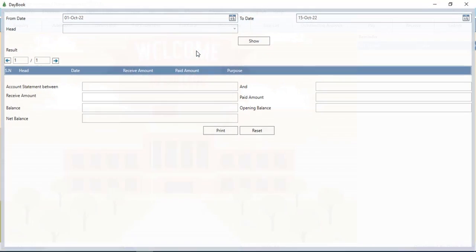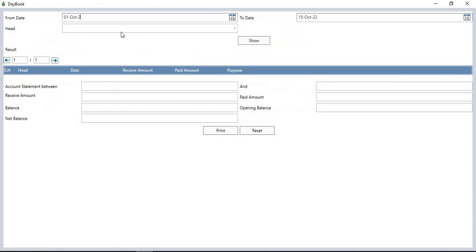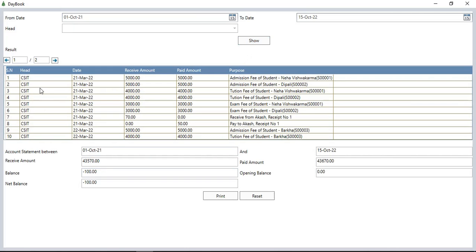and you can check the Daybook here according to the date and head name. Click on the show button. You can see it is showing the details like head, date, receive amount, paid amount, purpose, and it will show you the receive amount, paid amount, balance, opening balance and net balance. Here you can print the Daybook